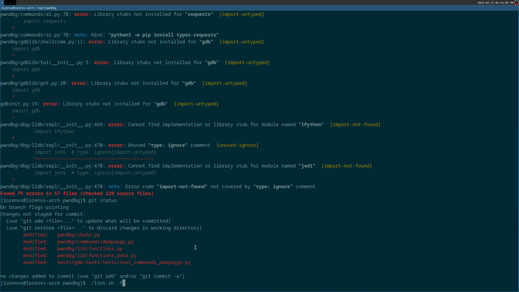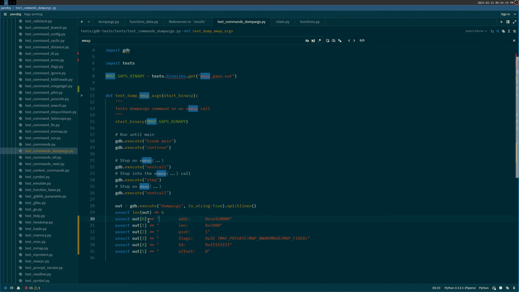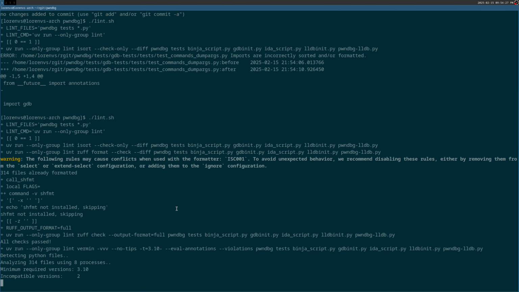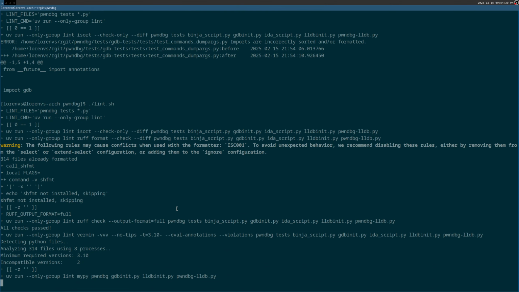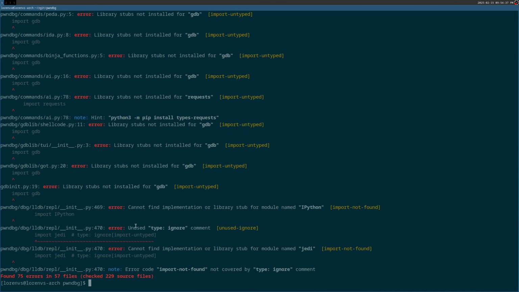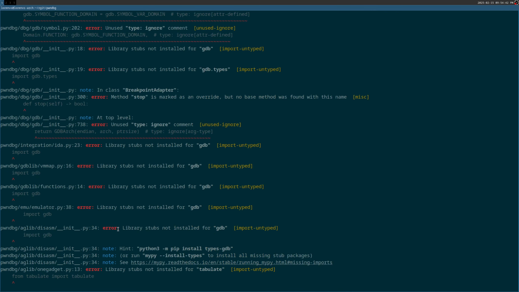So from future import annotations in this test, it's supposed to just be one here. And now it's running all the other stuff that errors on types. So I think that's safe to ignore. Okay,